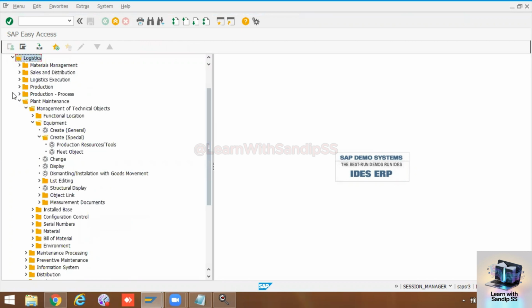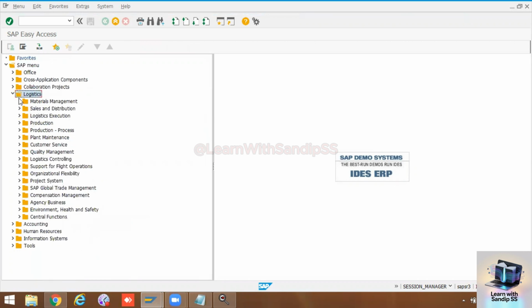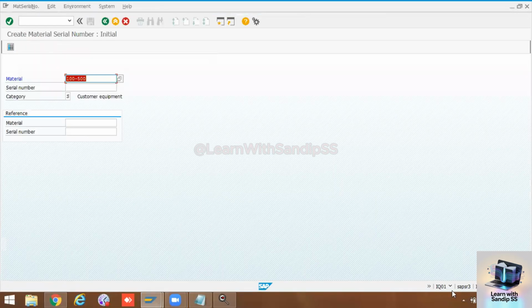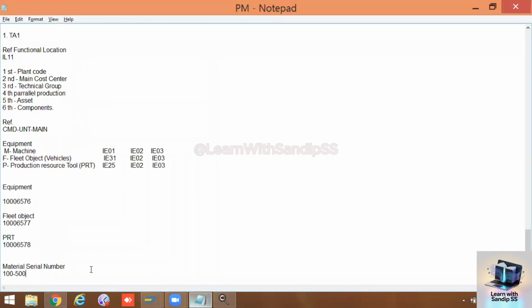You can go to logistics, plant maintenance, management of technical objects, and here will be serial number. Once you click, you will get the default IQ01. IQ01 is for create, IQ02 for change,